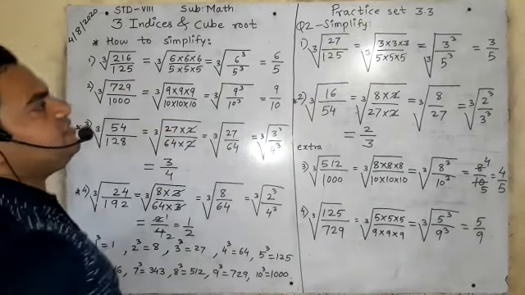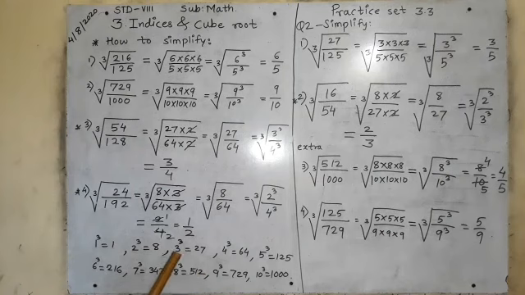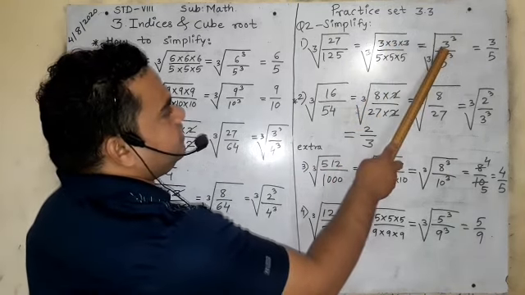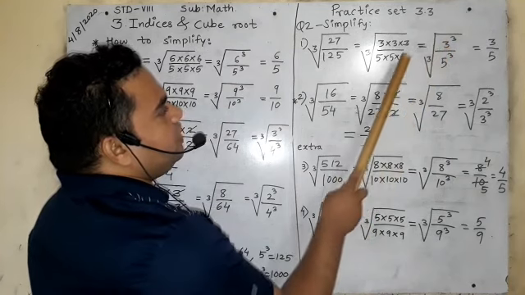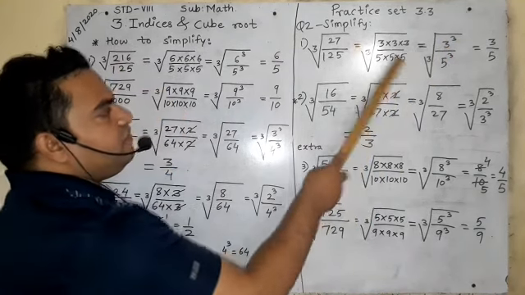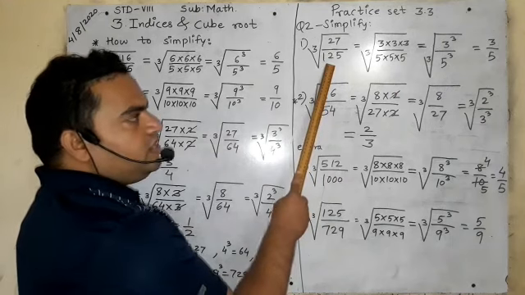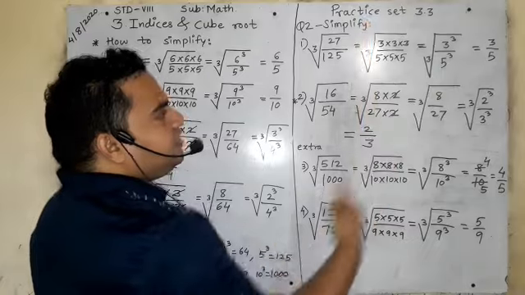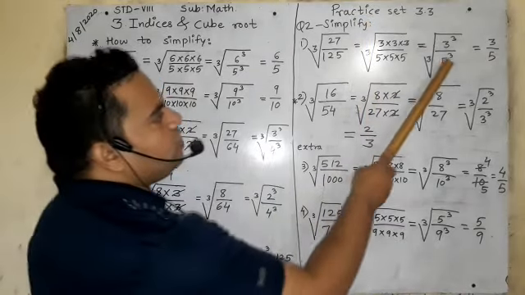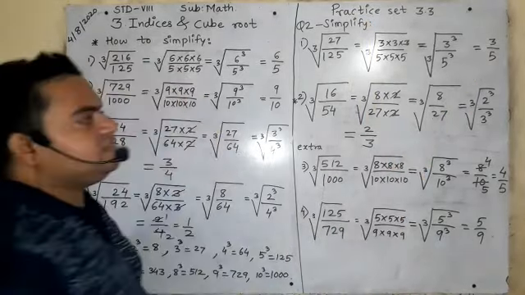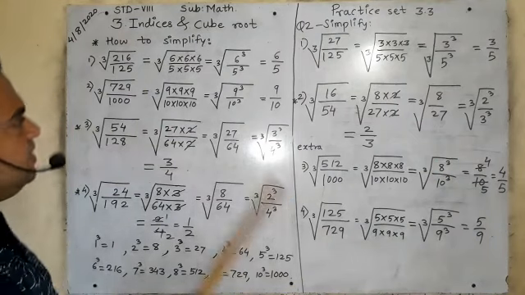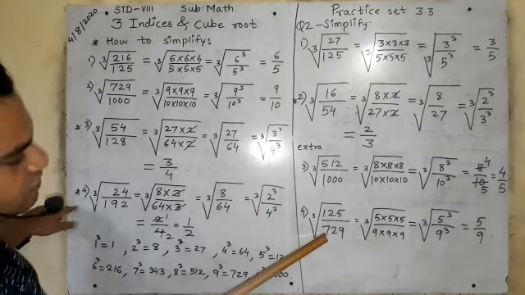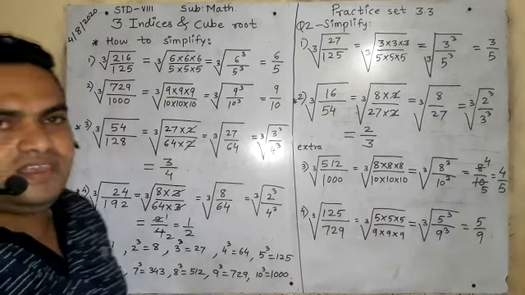Now see the question number 1. 27. Which number is cube root of 27? 3. So I have multiplied 3 multiplied by 3 multiplied by 3. I have written in indices form 3 cube. Then 5 multiplied by 5 multiplied by 5, which is cube root of 125. So I have written in indices form 5 cube. By taking cube root, उसका cube root ले लो. So what will remain? 3 and 5. Is it clear? These two questions will be extra. This everything you have to write. This is also extra and these two also will be extra. You should write everything in your notebook.